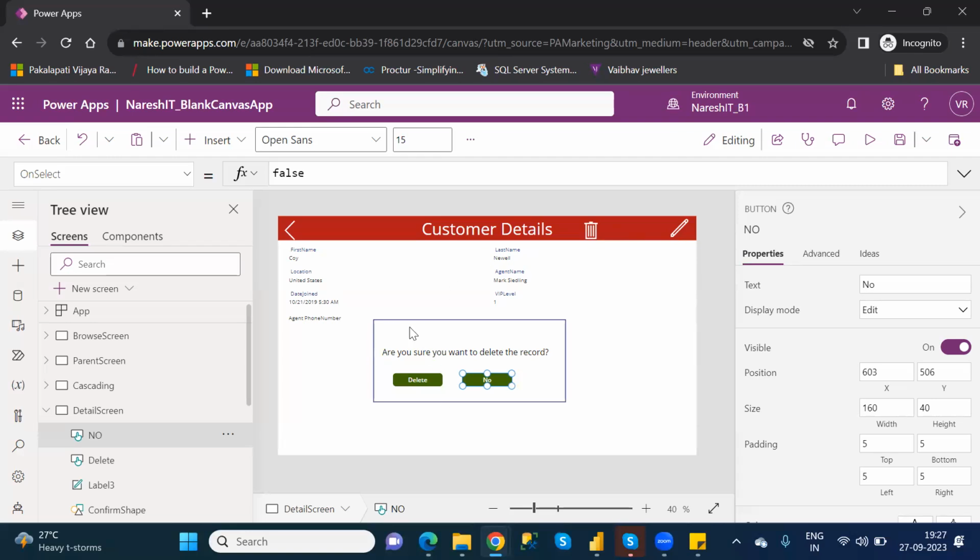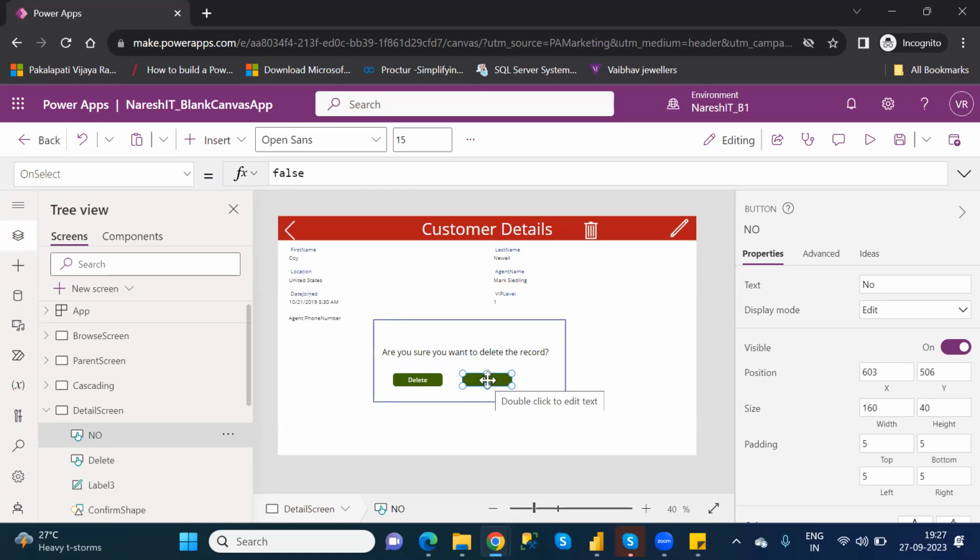So first, for the confirmation-related items you have taken, you need to take the shape. Then that shape needs to be converted into white color and change the fill to 0. After that, one more shape you have taken. See here, the rectangle type is there, right? This is another shape. And inside the shape, you are taking a label. In this label, you are writing: Are you sure you want to delete the record? And if I click on delete, I'm taking a button, this one and this one. This is the confirmation-related part. So you have to convert all these things into a group.